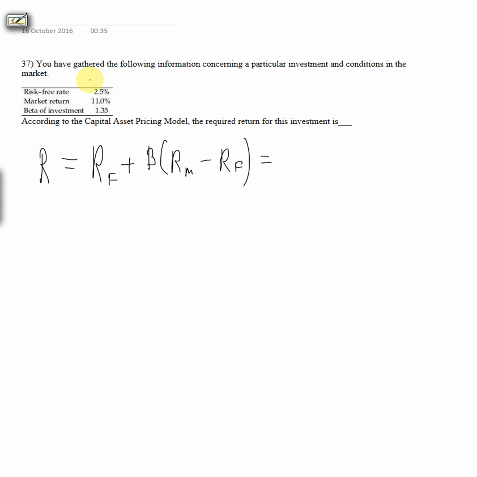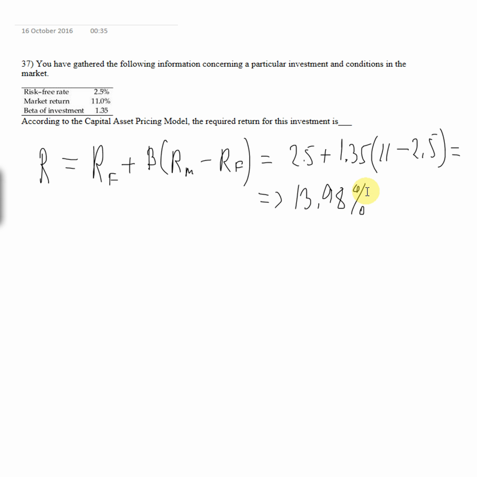Now you have RF, which is risk-free rate, 2.5%, plus then we have beta 1.35, and RM is 11, from here minus risk-free rate, and if you just work this out in your calculator, you should get something like this. With the 1.35 beta value, this stock is quite risky. It is quite sensitive to changes in the market movements. Anyway, so this is the result. Next,